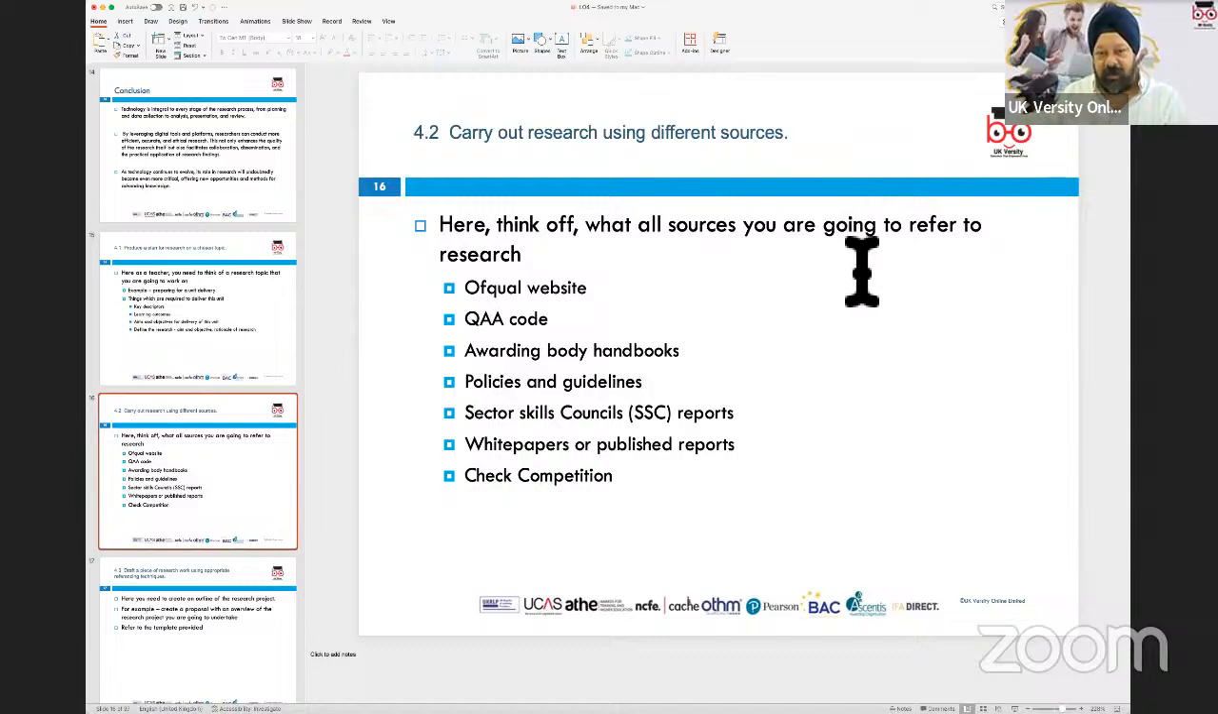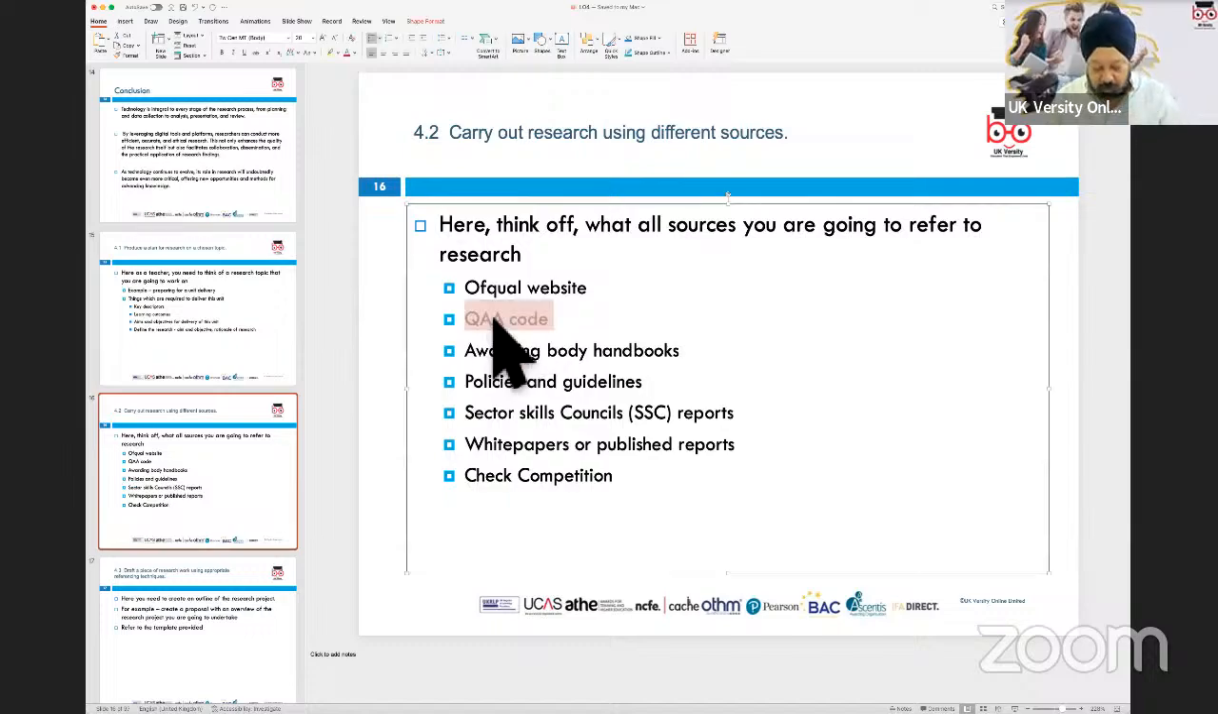So you're going to be looking at credible sources or websites from which you're going to collect this data. You're going to go maybe to the Ofqual website; the QAA code might not be applicable for schools. So here it will be ISI, Independent Schools Inspectorate, which would publish some reports. You would probably look at the AQA handbook, if the school is following the Pearson or AQA board, you'd look at some of the reports that they publish. You look at schools' policies and guidelines. You'd also be looking at maybe sector skill council reports, which sometimes are published to show trends in education. You might look at white papers, published reports, and also check other schools' or competitors' websites where they publish the